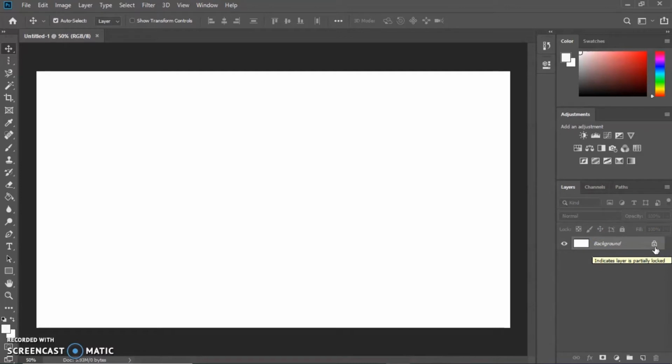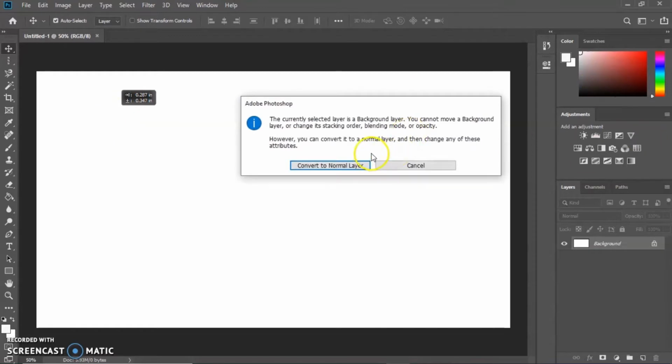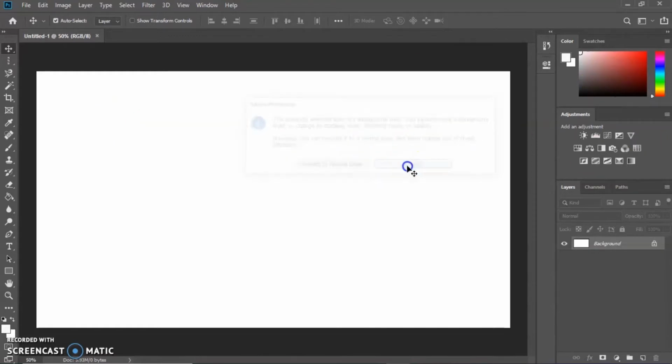To first get started, we're just going to unlock this layer, because by default when you make a new project, the first layer is locked, so we don't have a lot of freedom to move stuff around. So what we're going to do is double click on this lock icon. And then when we do that, as you guys can see, we have this layer option. So let's name it BG, it means background. So, we're just going to learn the interface. As you guys can see, we have a white background here.